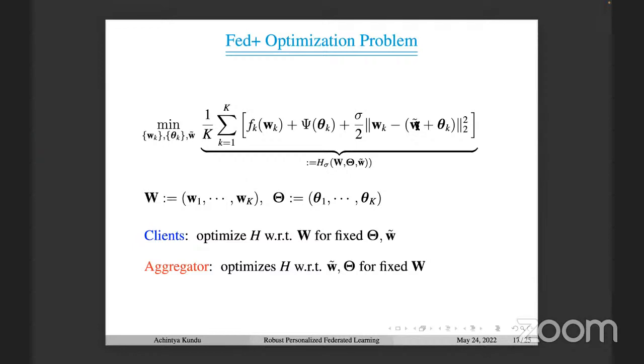So this is a completely alternating minimization based approach. The benefit of alternating minimization is that at every iteration you go down in the objective function value. So convergence is not an issue here. Even with a generic function like psi, we are always guaranteed to minimize the objective function value. So is this formulation clear?